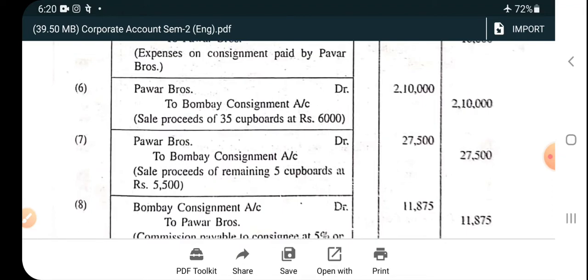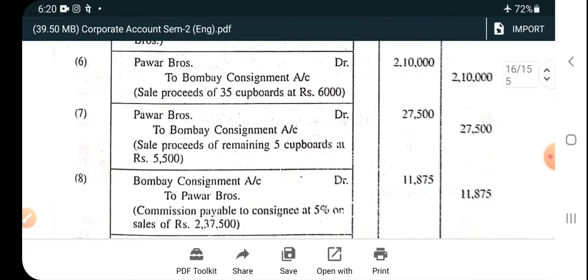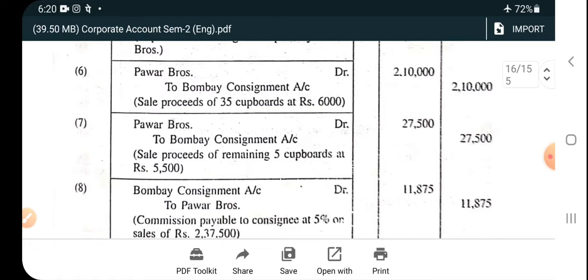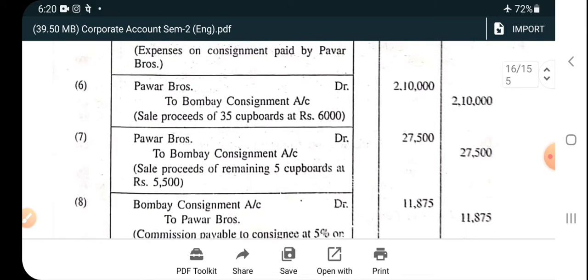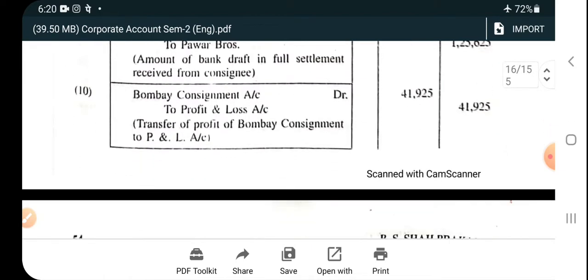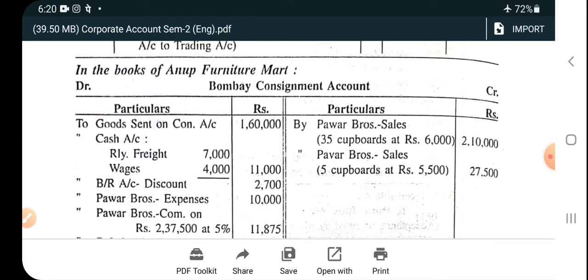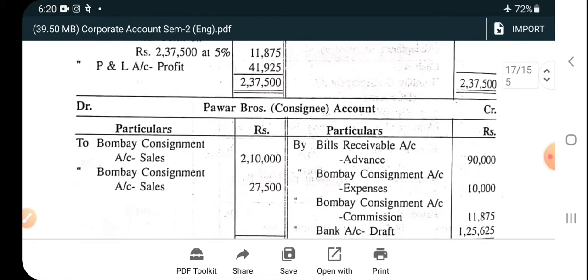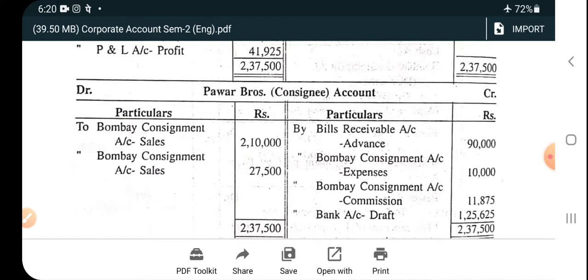So consignee's account debit to consignment account for both the cases, 2,10,000 and 27,500. It has two effects. The first effect is at the debit side of consignee account for 2,10,000 and 27,500. Another effect is in the book of consignment account, credit side. So consignment account credit side, both the effects by the name of consignee, 2,10,000 and 27,500. So this is the consignment account at the credit side, and we can see the effect. And in the book of consignor, the account for consignee shows the debit effect 2,10,000 and